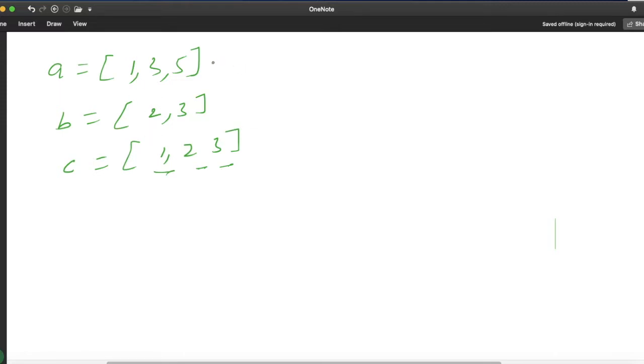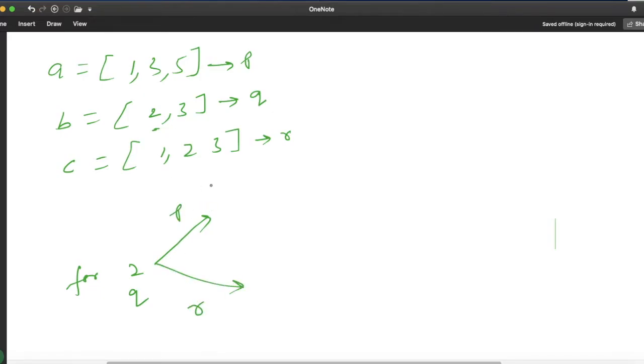So we have to pick elements from A, which will be P, from B it should be Q, and from C it should be R. So let us pick the very first element Q. The very first element is 2. So we are picking for this 2, which is my Q value. Now we have to pick P and R. So my condition is Q should always be greater than or equal to P, and at the same time Q should be greater than or equal to R.